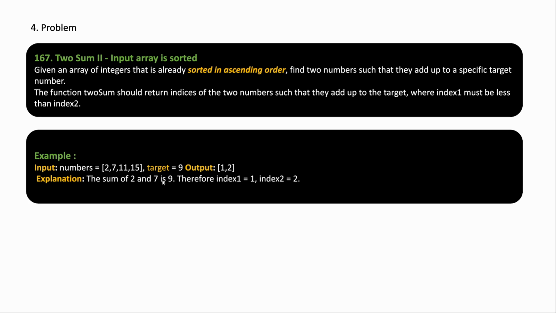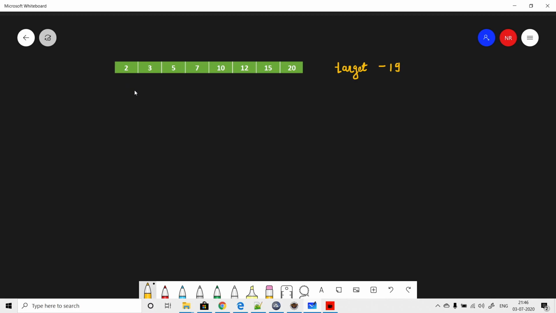All right, so now let's understand how two pointers will solve this in linear time, and what the brute force approach is for this. We are taking a different array as compared to what is given in the problem, just for a better understanding. The given array is also in sorted order, and the target sum we want is 19.